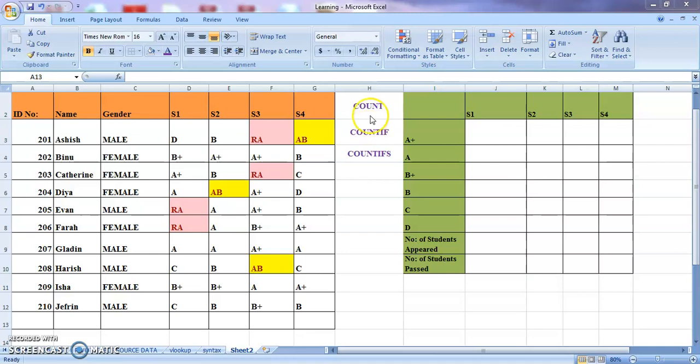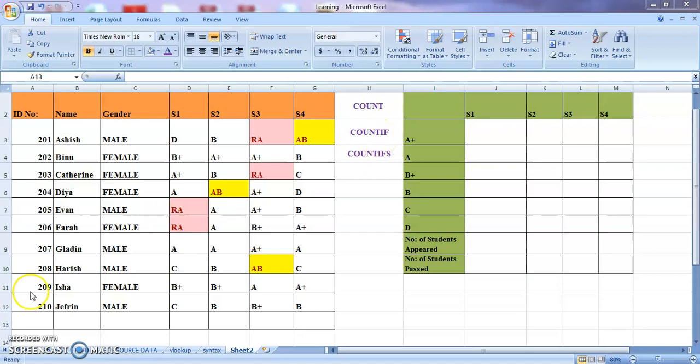Let me make it clear what the difference is between COUNT and COUNTIF as well as COUNTIFS functions. The COUNT function you can perform only on a range of data where you have numerical values. You cannot perform COUNT for text data. When you go for COUNTIF and COUNTIFS, if you have specific text or a special condition, everything you can do through COUNTIF and COUNTIFS and not through COUNT. This is the basic difference between the COUNT and COUNTIFS functions.